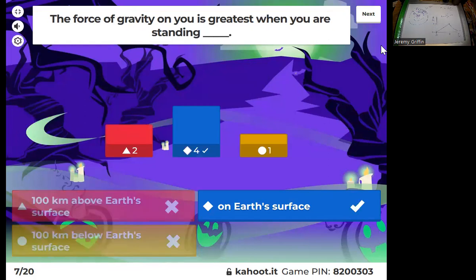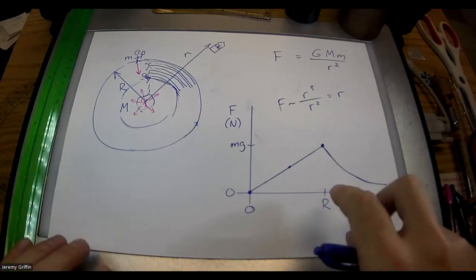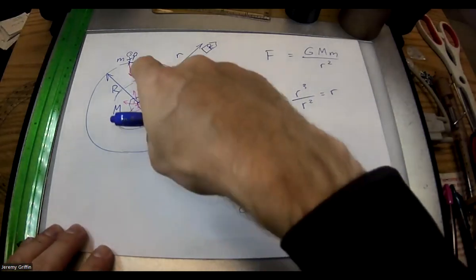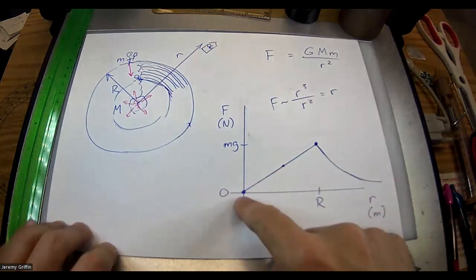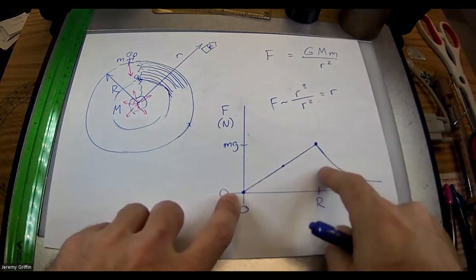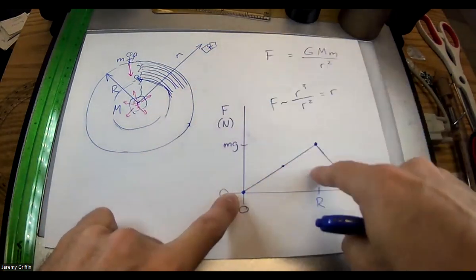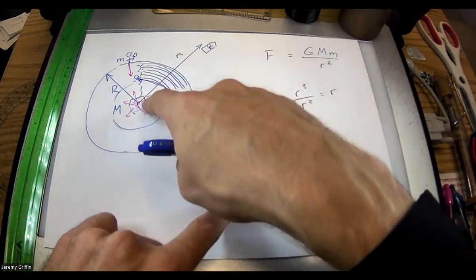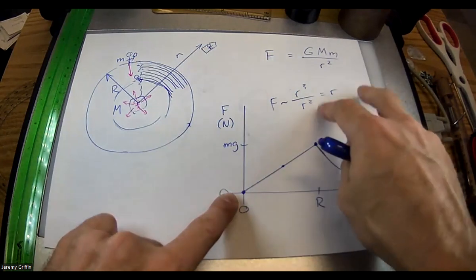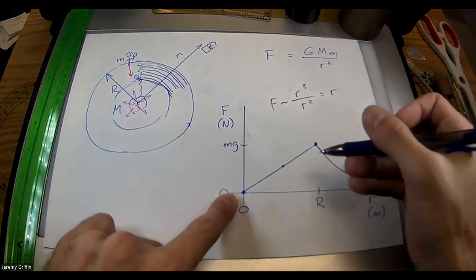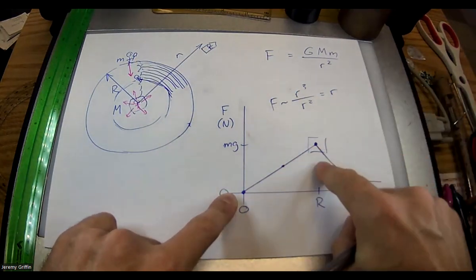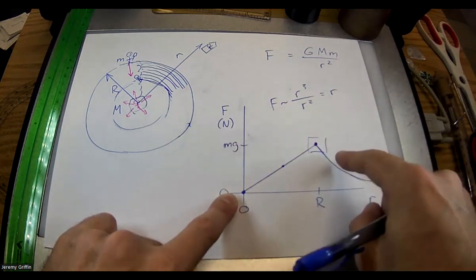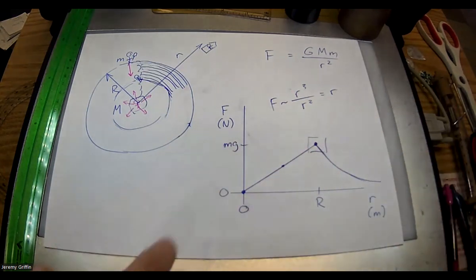Yeah, on our surface. You guys remember we just talked about this before I started the Kahoot. I say if you tunnel into the earth, right at the center you have 0 weight. At the surface you have whatever weight you usually have. Take off in a rocket, inverse square relationship, it decreases. But going back to tunneling down to the surface, there's a linear relationship. You guys remember talking about that? Okay. So right at the surface is where you would weigh the most. Remember that?